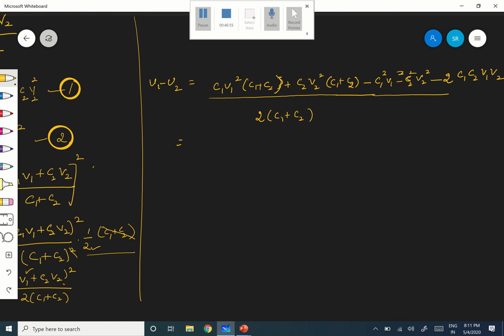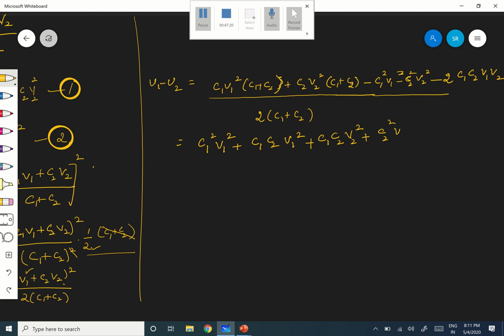This can be written as C1 squared V1 squared plus C1 C2 V1 squared, plus C1 C2 V2 squared. I am expanding, okay, plus